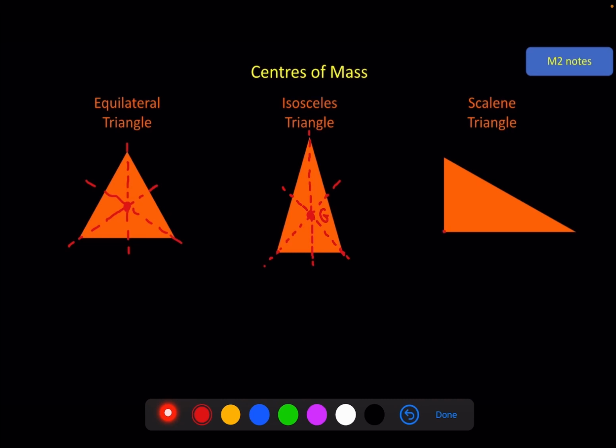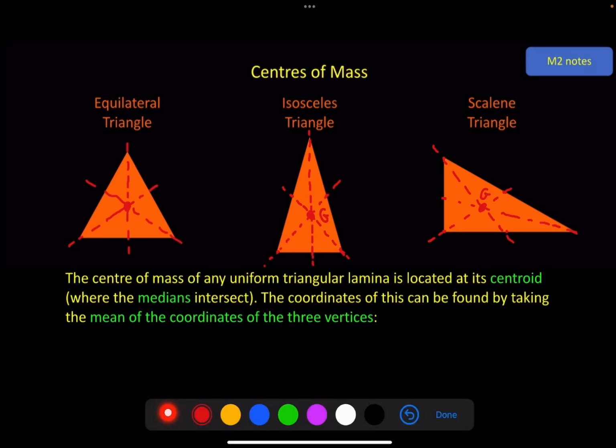So going from here, halfway on this edge, like this, from this corner, or vertex, to halfway along this edge, we get our centroid, which is where the center of mass is. The center of mass of any uniform triangular lamina is located at its centroid, which is where the medians intersect. And the coordinates of this can be found by taking the mean, the average, of the coordinates of